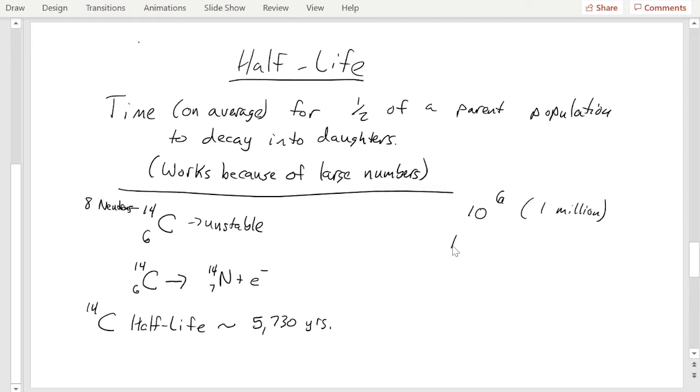And what I'm going to do is plot time on the x-axis and number of parents on the y-axis. Now at time 0, when my sample starts, this is going to be 10 to the 6th, right? If I take this sample and set it in the laboratory, after 5,730 years,